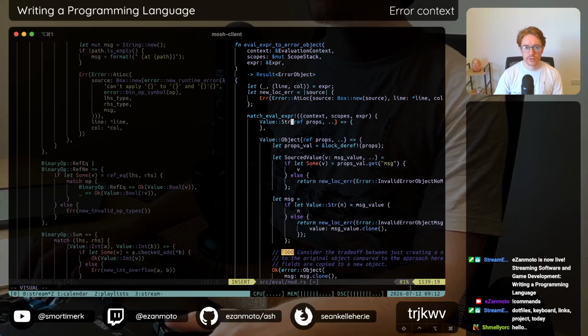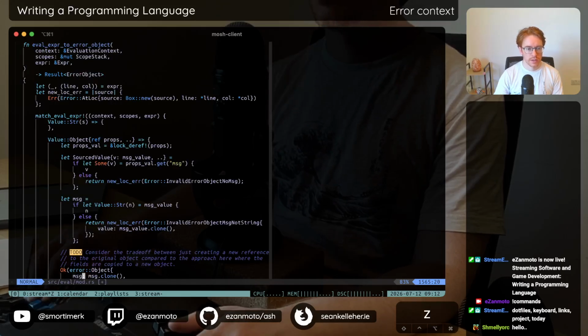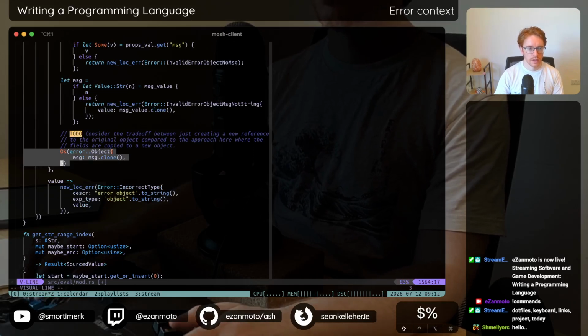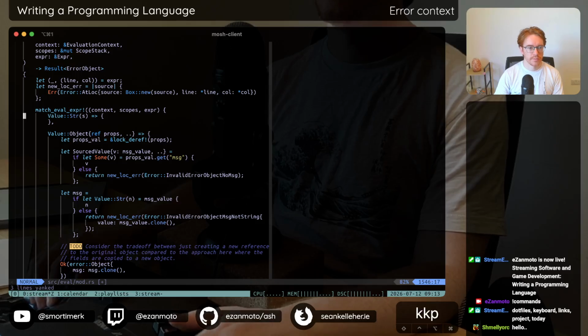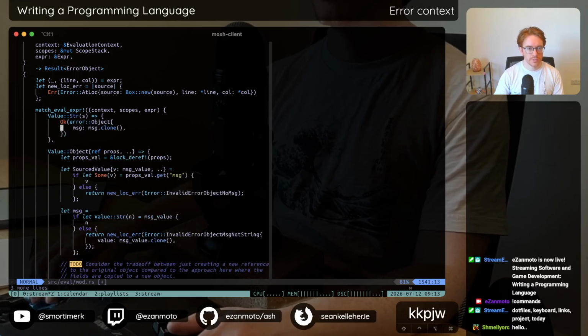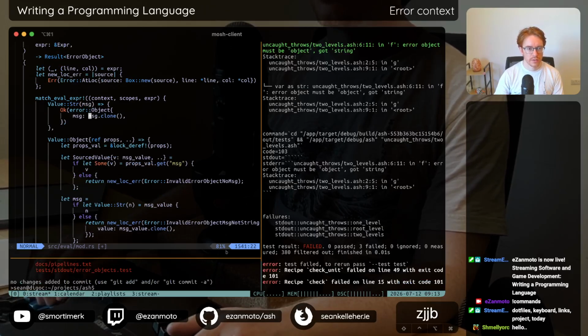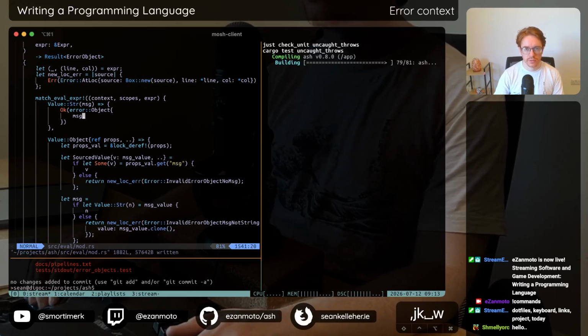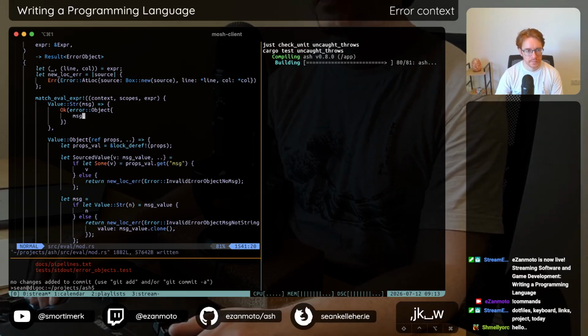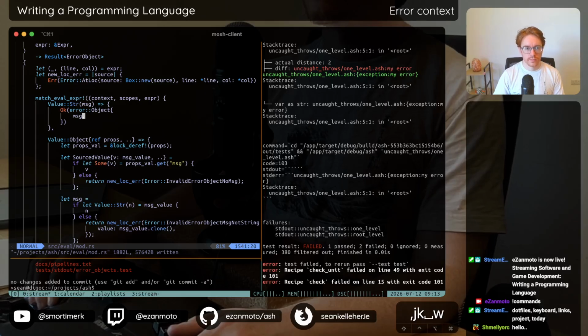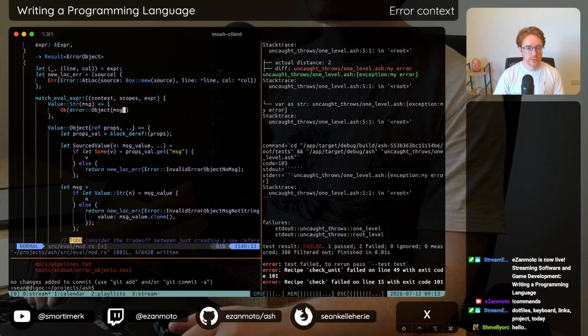So if we have a string here, it'll be S. And it'll just be an error object where the message is that. I guess we'll have to clone it, but we'll just try without first as well. Okay, so we don't actually need to clone it for whatever reason. That's a bit surprising to me, but